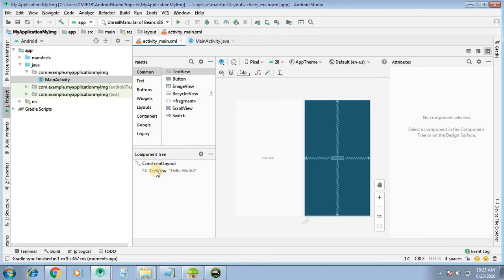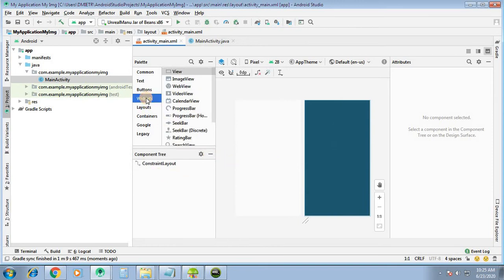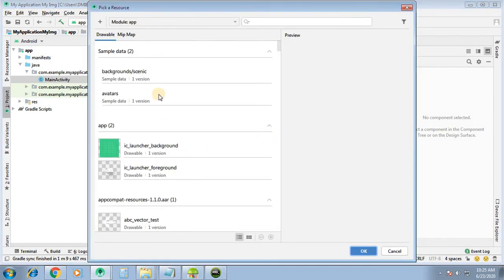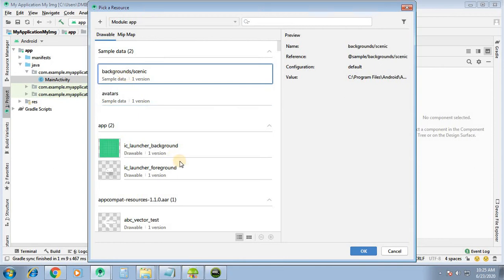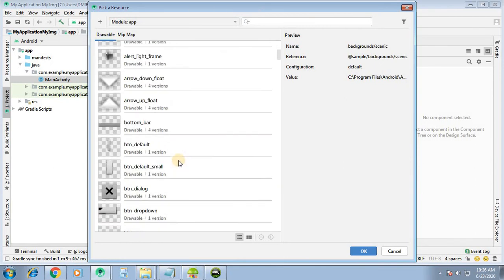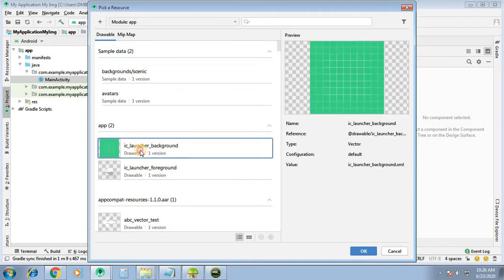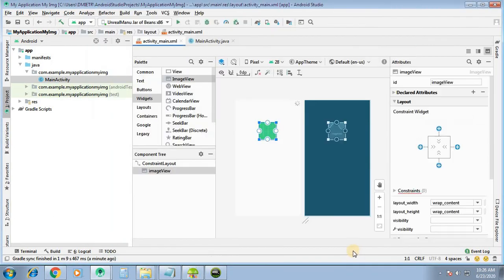So what we will do, I will delete this default TextView. From the palette, widgets, we have the ImageView, drag and drop it. Okay, so if you want to set the default, we are setting the default.